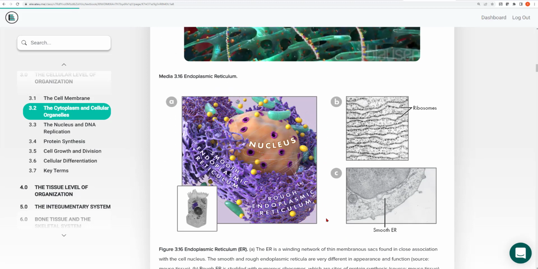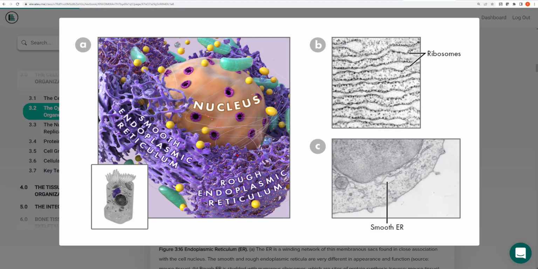As I mentioned a moment before, the endoplasmic reticulum comes in two flavors. There's smooth and there's rough. What makes the rough endoplasmic reticulum, or the RER, rough is that it is dotted with these little organelles called ribosomes. So all over this you see little dots. Those are ribosomes. Ribosomes are where proteins are made in the cell. Because all those ribosomes are associated with the rough ER, it is also the organelle that is associated with the making of proteins.